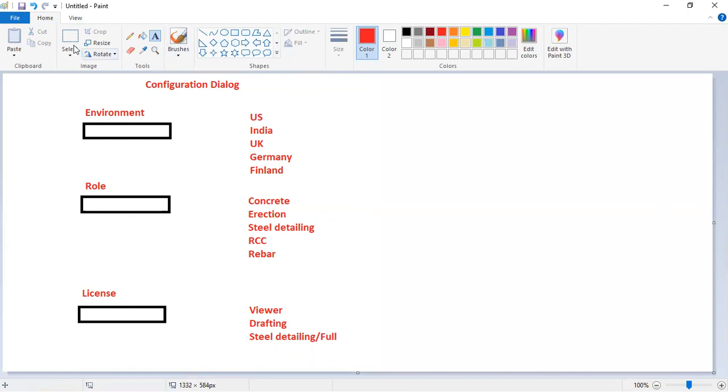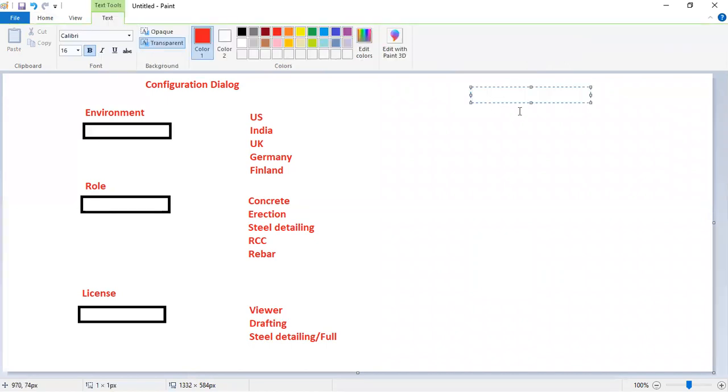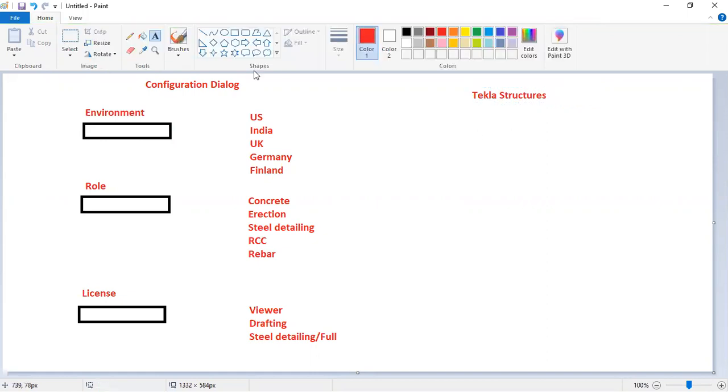Now we'll just see what exactly we are working on in Tekla Structures, what are the areas. Actually there are two areas where we'll be working in Tekla Structures.